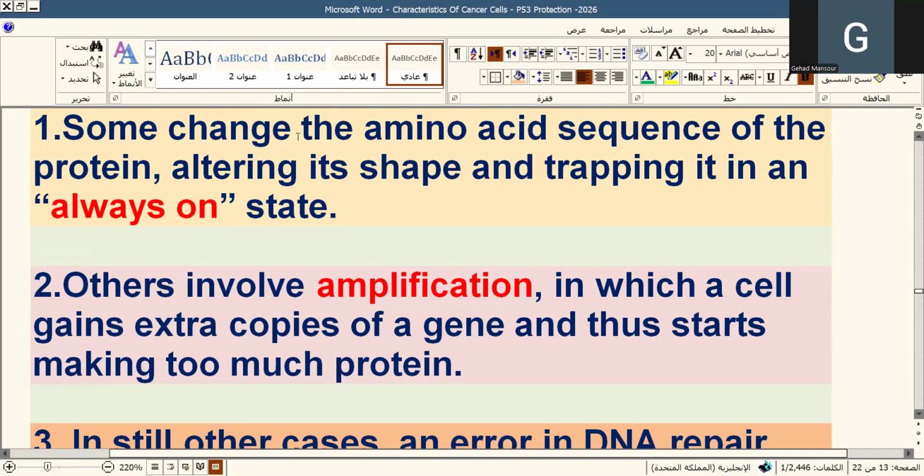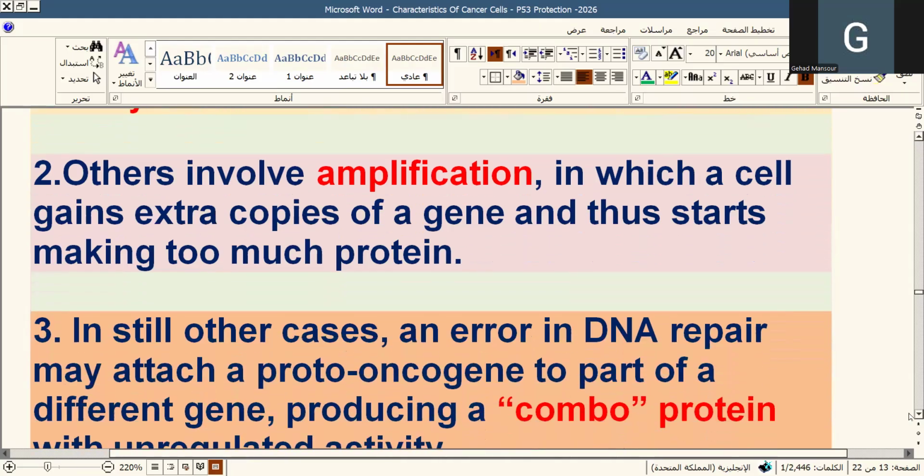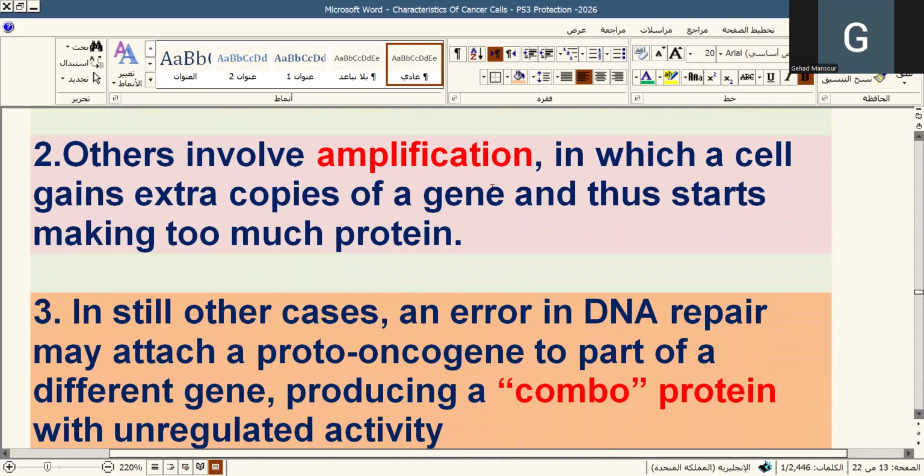So there are some mutations that result in alterations in the protein in such a way that the shape of the protein is changed, and this change in conformation of the protein, like the growth factor receptor, makes it always in the on state. It never gets into the off state. Another mutation will not affect the conformation of the protein and would not result in the cell cycle regulator being always on, but it might involve